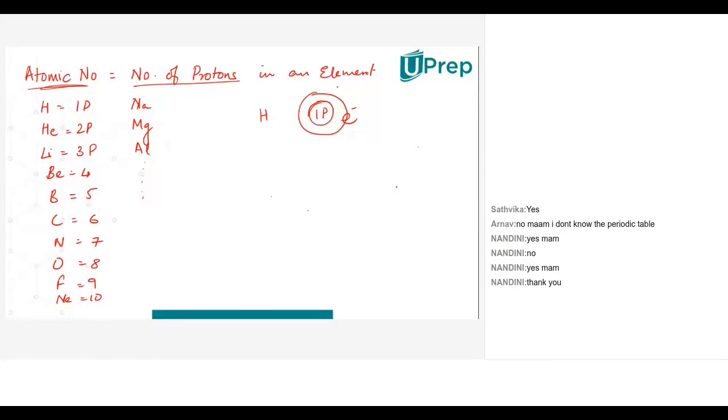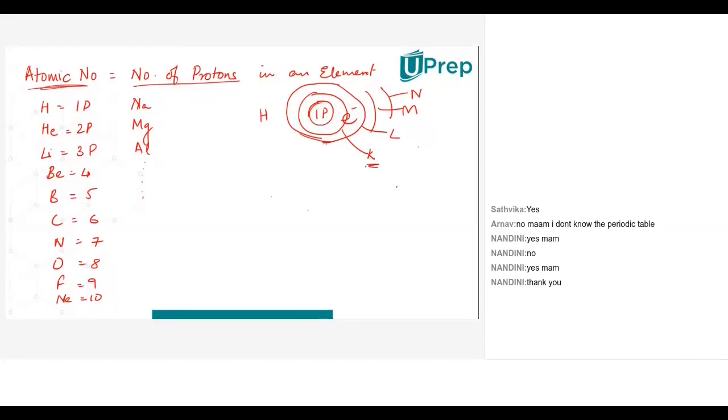Now, one thing you have to know is that these electrons revolve in different shells. So these orbits that you see are shells, and the naming of these shells starts from K, L, and then there are more, M, N. Each of these orbits has a name, and the naming is done starting from the letter K.